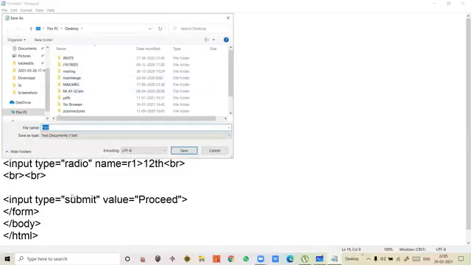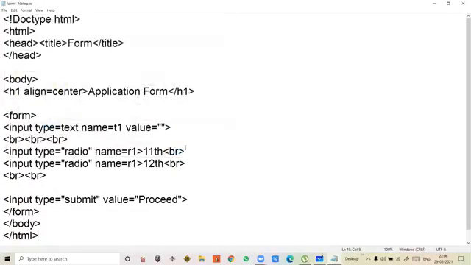And students, make sure you are just having a proper name. So I'm using form.html. Sorry, the extension is HTML. So once I save it, students, just see where I'm saving it, on the desktop. Once I save it, whatever the default browser is there in my system, it will take the icon of that. For example, if the default system is Google Chrome, then once I save this, it will change to the Google Chrome icon with the form name. Save.